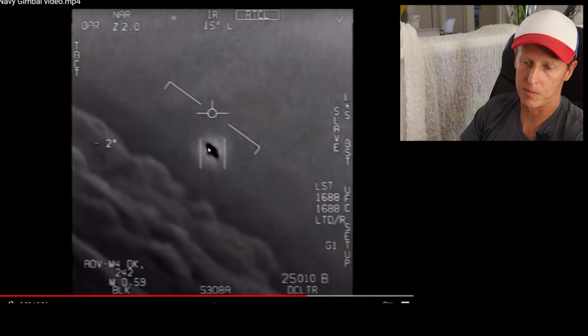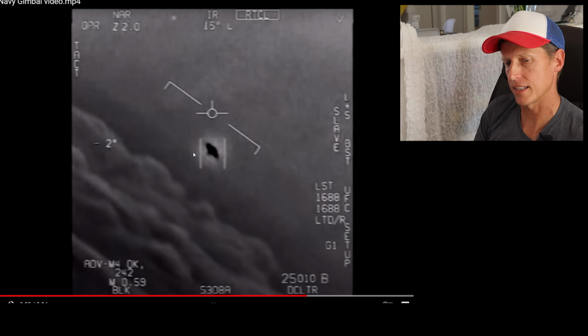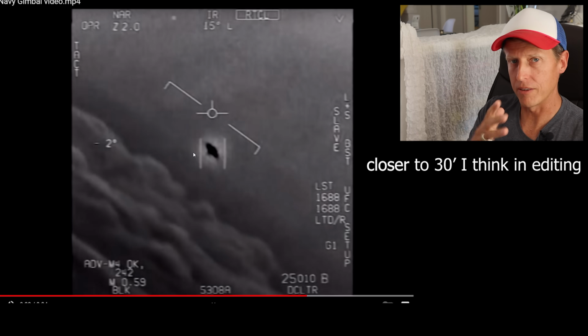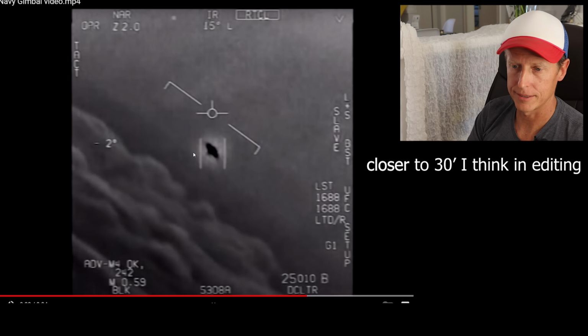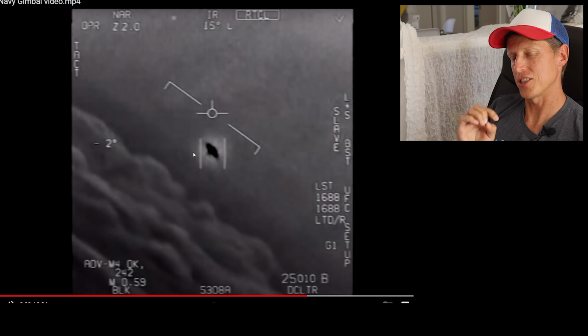And just how big I think it is based off of these things is about 40 feet. That's what I think it is. It's about 40 feet across. The final thing, he talks about this